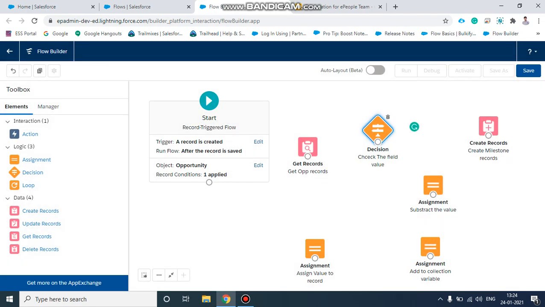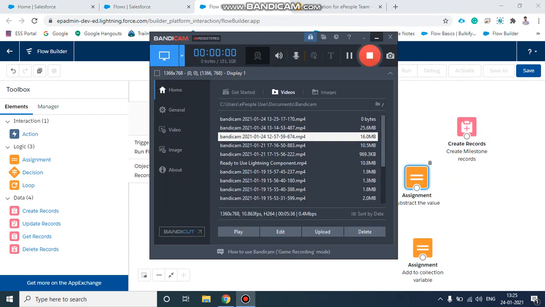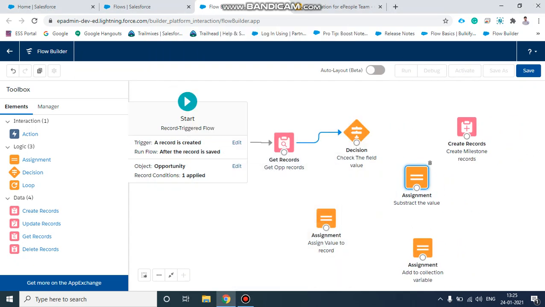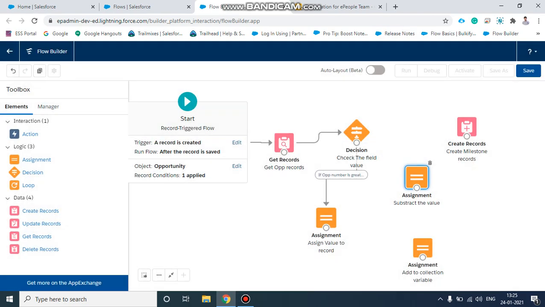Our flow is done. Okay, let's connect these points. First we need to take Get Record. After that, we will connect to the decision. In this decision we need to connect an assignment, because whenever that field value is greater than 0, it will pass to this assignment.